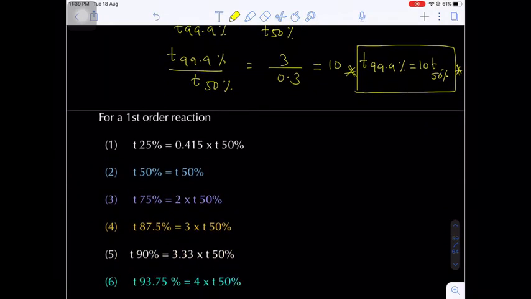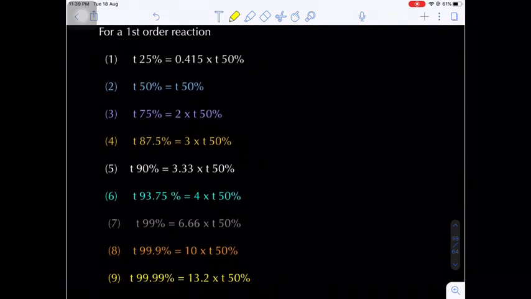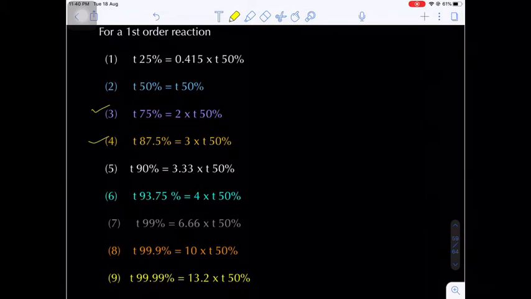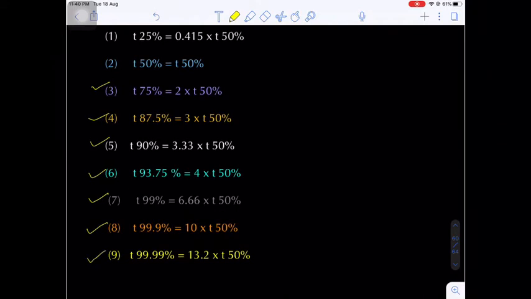So this is one of the important characteristics regarding first order kinetics. Now in the first order kinetics there are some important relations between the times. So here T75 is 2 times of the T50, just now I told you. T87.5 is 3 times of the T50, and T93.75 is 4 times of the T50. And next one more relation I explained, T90, T99, T99.9 and T99.99 will be in the ratio of 1:2:3:4. Are you getting my point? And with respect to T50 I am writing here.